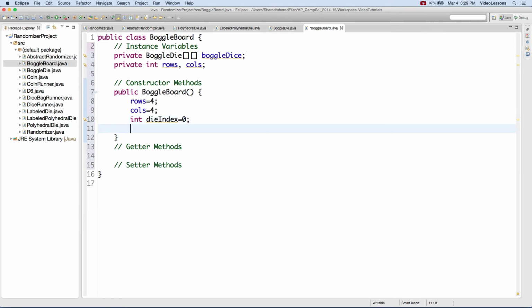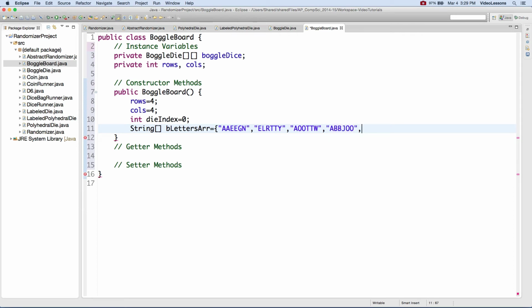So what is this array going to be? Well, it's going to be a string array that's going to be a list of all of the dice, and you can find a copy of a list of what dice are in standard Boggle online, or you can watch here as I type them in. So the first Boggle die has AAEEGN, the second one has ELRTTY, the third one has AOOTTW,